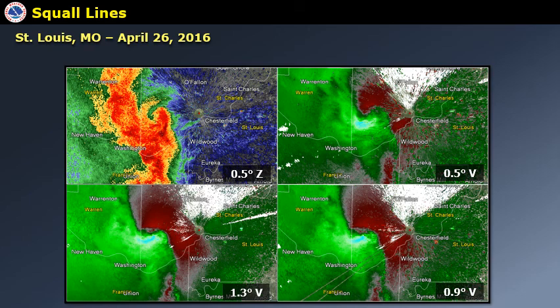If we take a closer look at the lower levels, we'll notice an interesting appendage in the radar reflectivity field. This is from the 0.5 degree elevation angle. It mimics a little bit of a hook echo, which may imply a risk for stronger winds or even a tornado threat. If we examine our base velocity imagery while noticing the location of the radar, here located at Chesterfield,